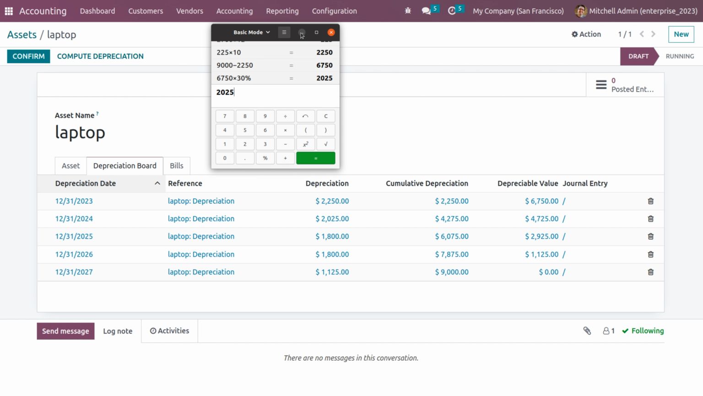as a sum of 2,025 plus 2,250, and that will be equal to 4,275. And here you can subtract this from the depreciable amount. So just subtract it from 6,750. So you will get an amount of 4,725. And now when you consider the 30% of this amount, you can see